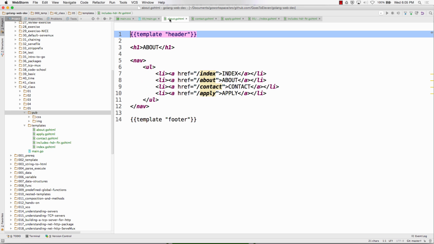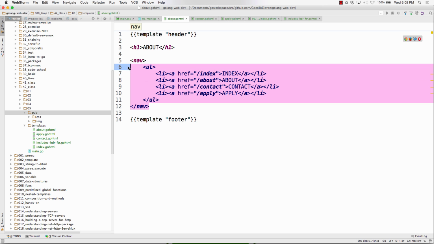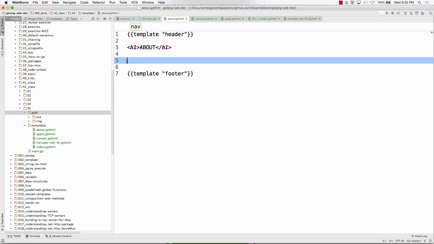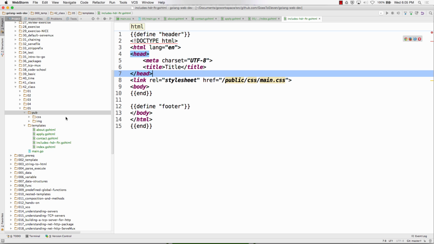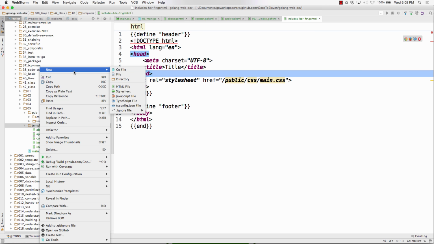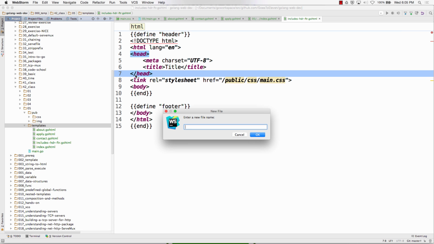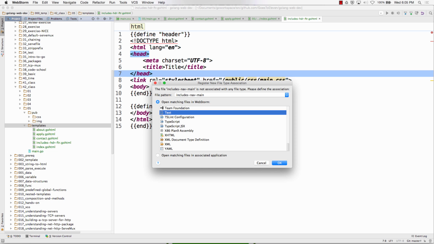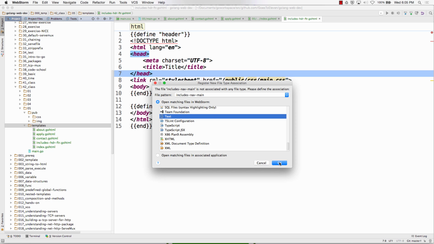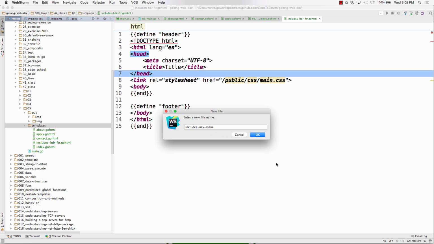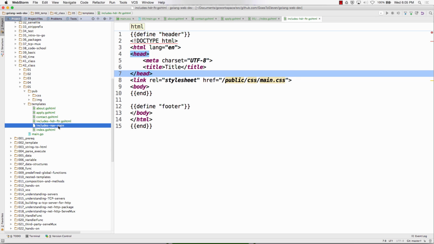So you had a great point, which was like, let's put all this into some sort of a template, right? So that's header and footer includes. So I'm just maybe going to create a new file and do includes, and I could just call it nav main. Okay, and it's just a text file. Oh, and I need to do .go HTML. Cool. And then inside here,